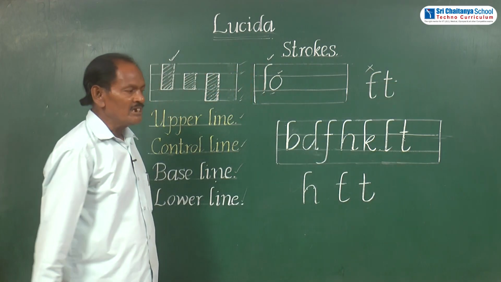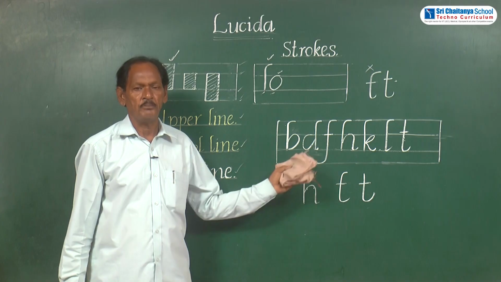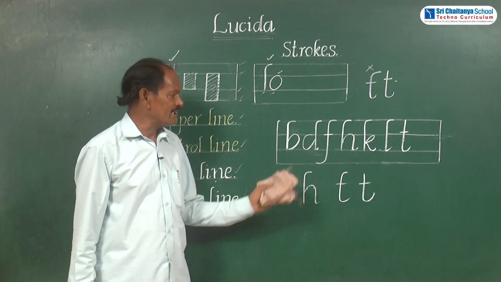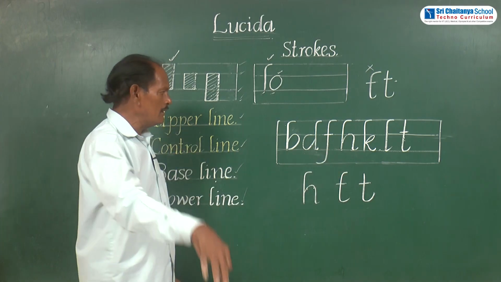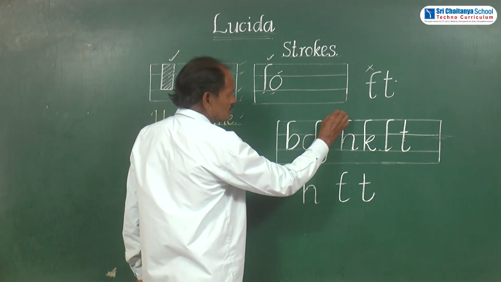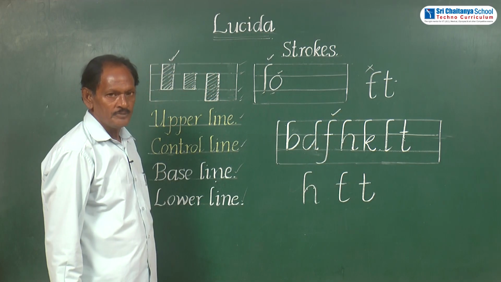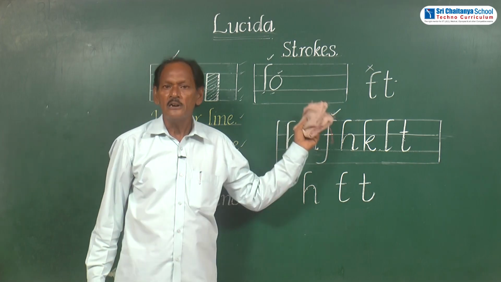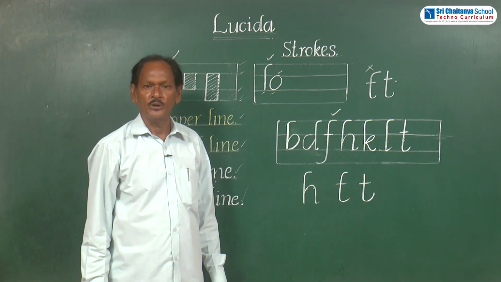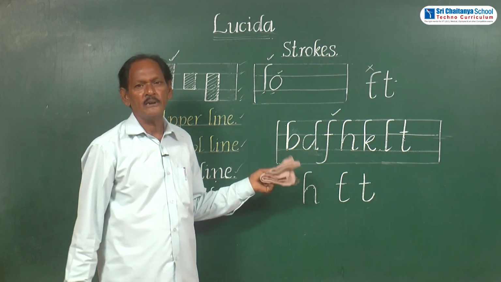Okay? These are the upper zone letters, 6 upper zone letters along with one mixed zone letter, that is F. These 7 letters are written in the upper zone. Okay? Upper zone is very, very important